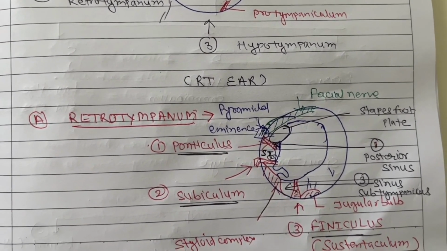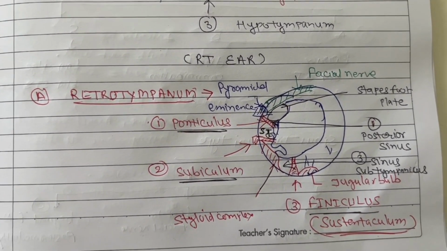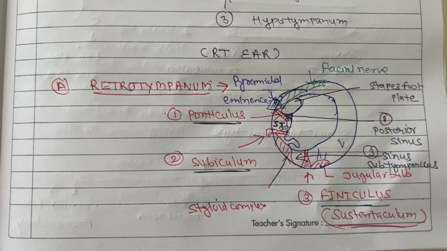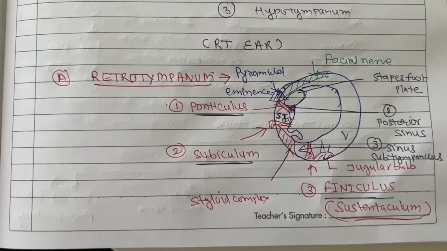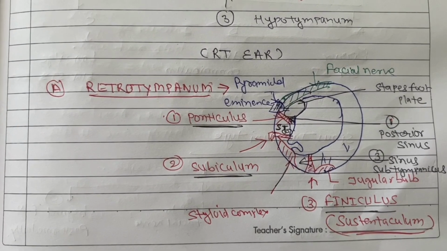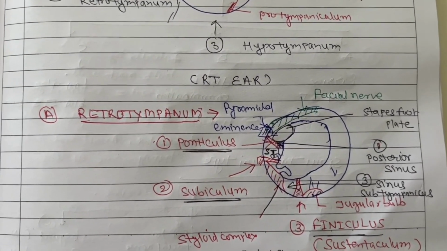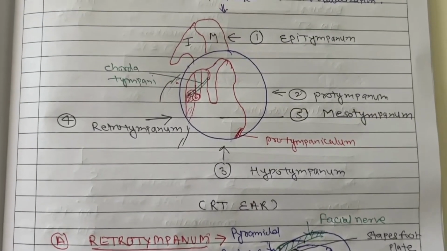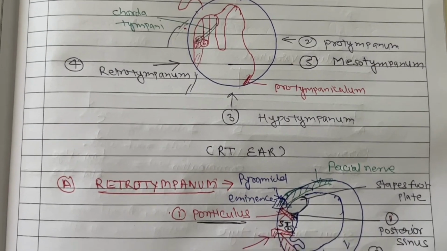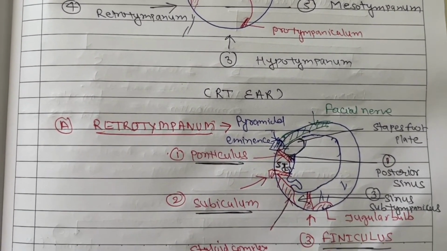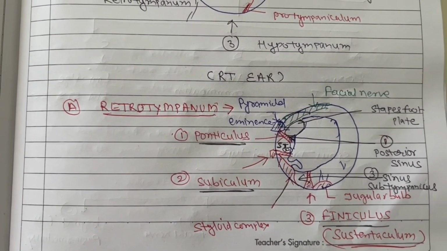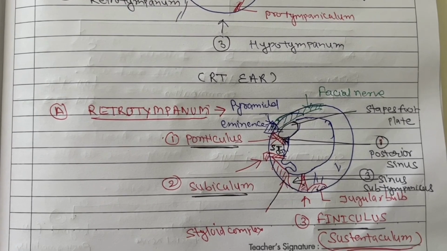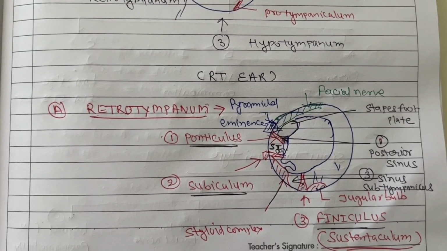Now let's talk about the retrotympanic area. As you know, the retrotympanic area has many bony crests and sinuses. The first bony crest you can see is the ponticulus. It is the connection between the promontory and the pyramidal eminence, classified as bridge, ridge, or incomplete. And there is another crest, the subiculum, a bony structure arising from the posterior pillar of the round window niche toward the styloid eminence. You can see it is just like the ponticulus: bridge, ridge, or incomplete. The funiculus is the conjunction of the anterior pillar of the round window niche up to the jugular bulb, classified again as